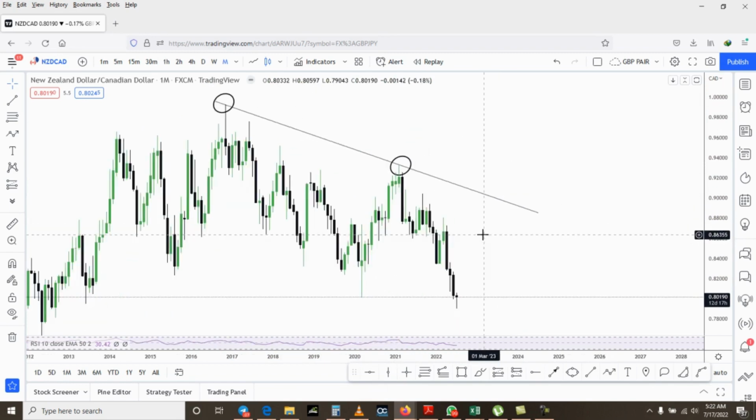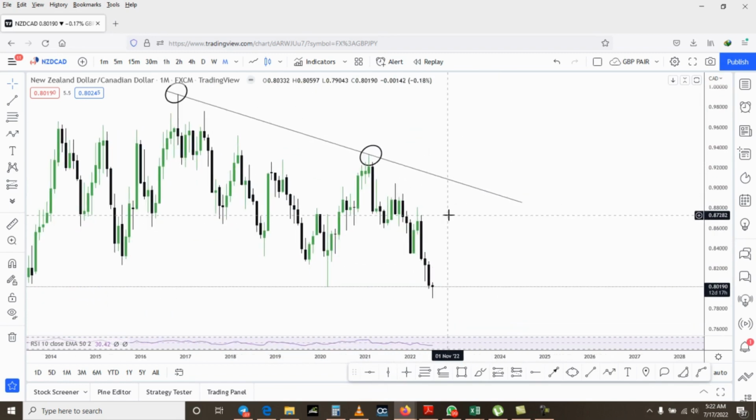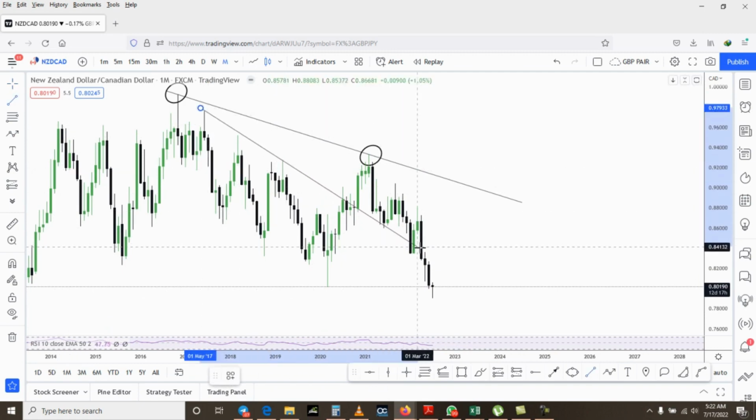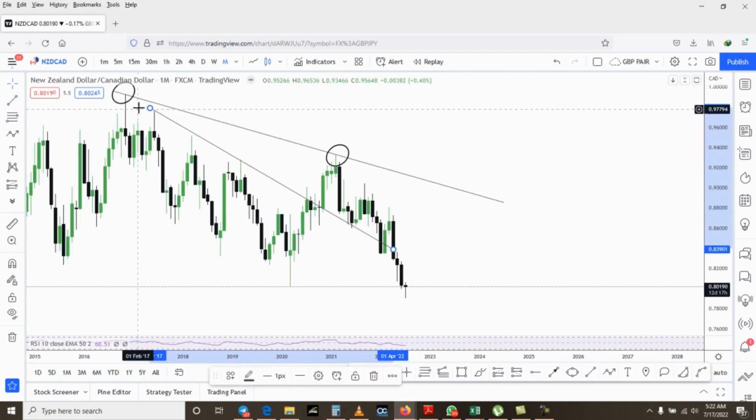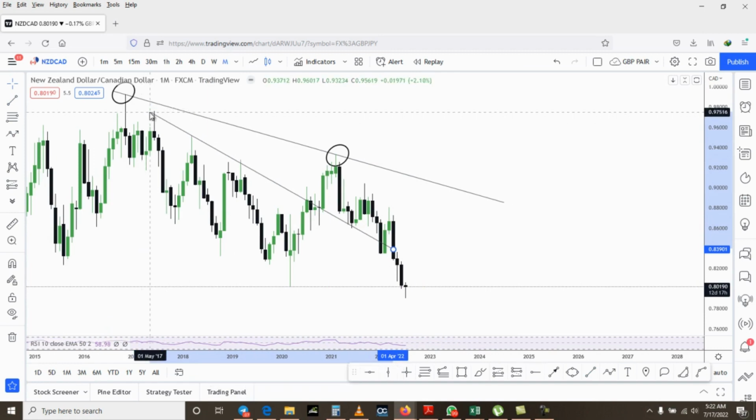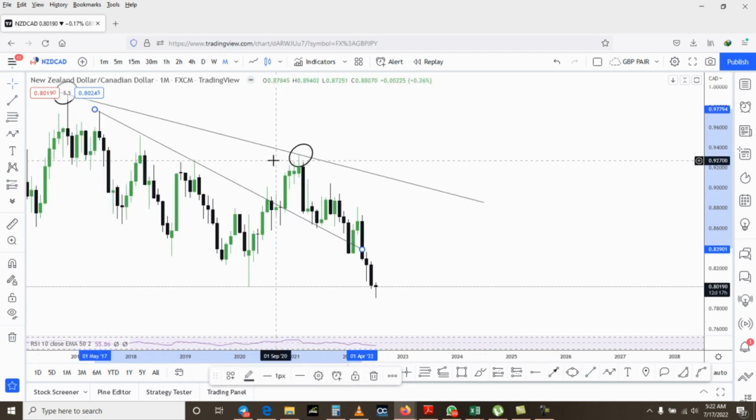So watch out for this. Now this is one trend line drawn. This is another trend line that I drew earlier. Okay,